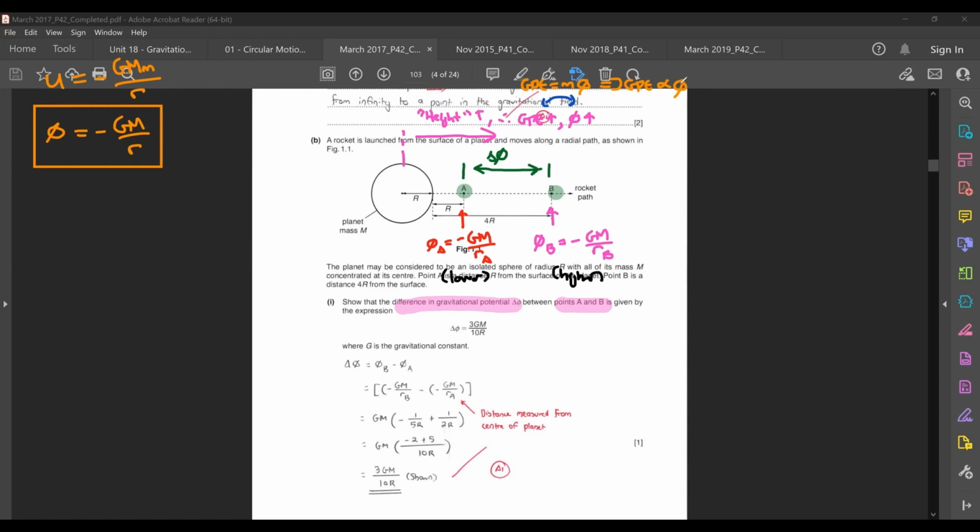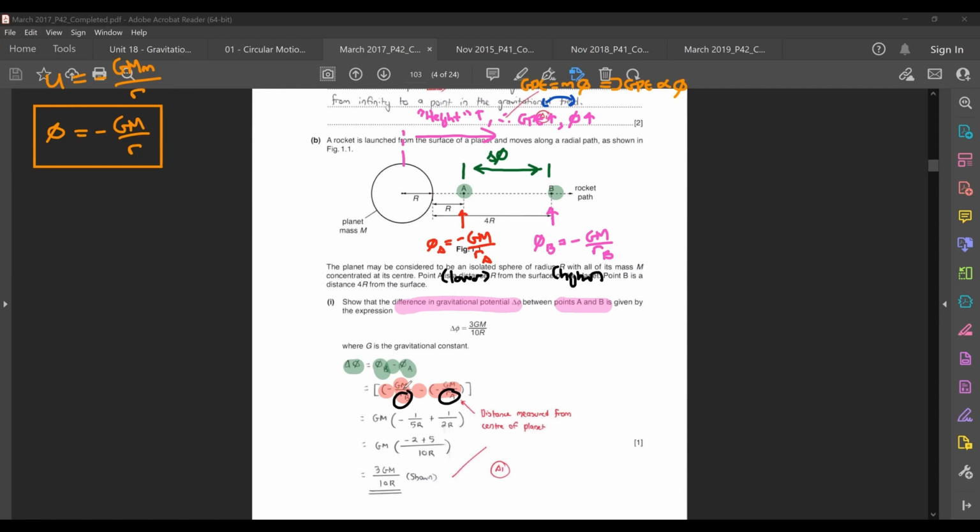All right, so the difference between point A and point B in terms of potential will really just be you taking potential B minus potential A. So don't forget your negative. You will get negative Gm over Rb minus negative Gm over Ra. So from there, before you go any further, you need to find out what is Ra